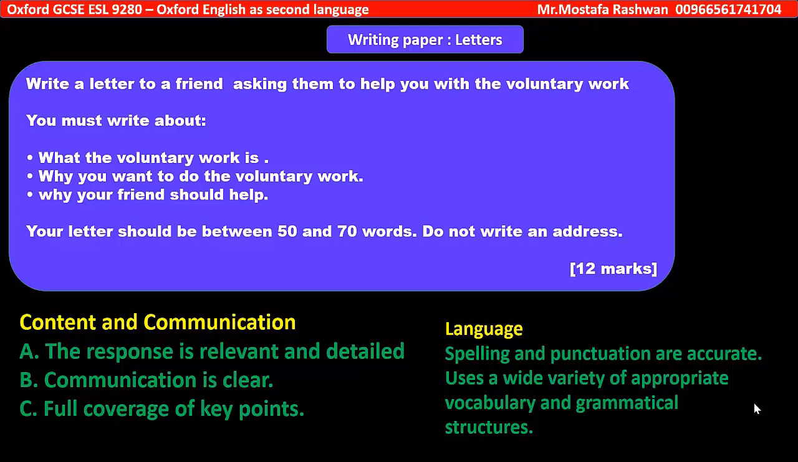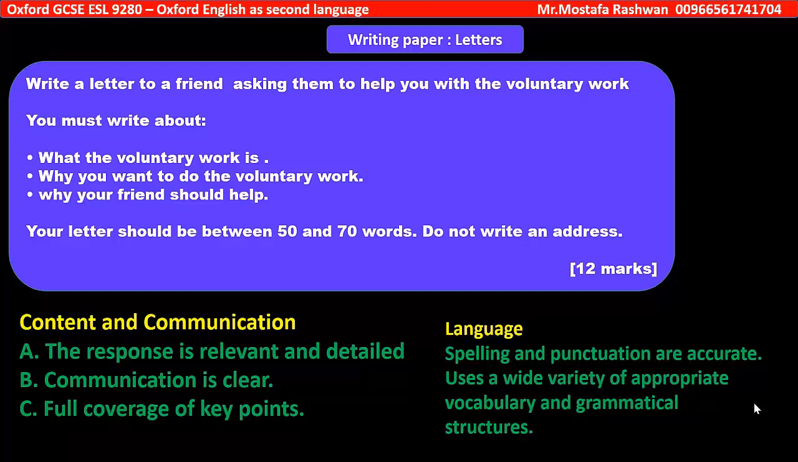Hello, English as a Second Language 9280, Oxford Board, Writing Paper, Letters. Let's have a look at this question, which we'll analyze in the next page, and let's comment on the student's